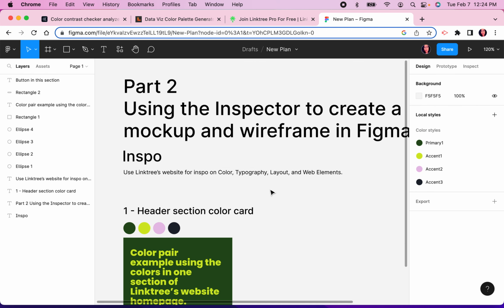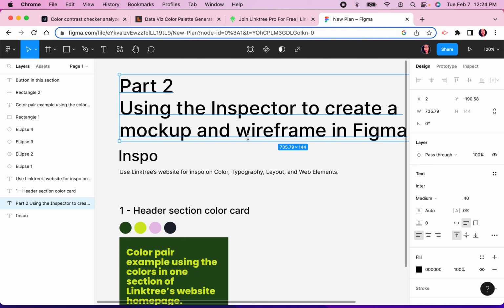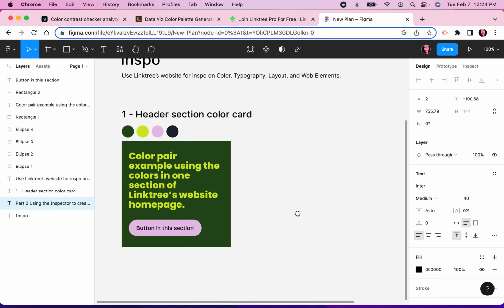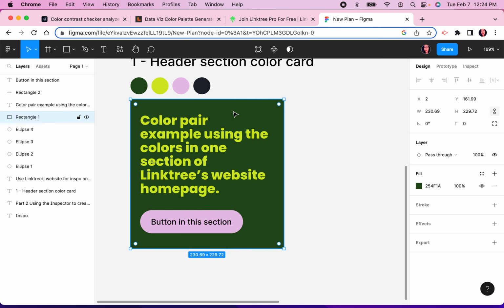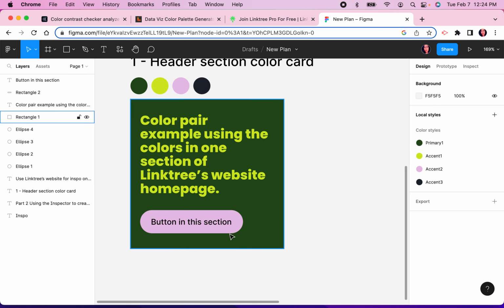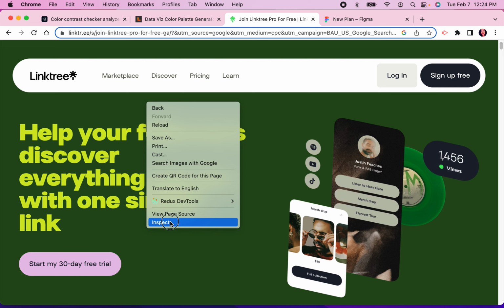Here we are in part 2 of using the inspector to create a mockup and wireframe in Figma. So last we left off, we made this H1, we made this color background, we created some styles here in Figma. Next we're going to style this button, okay? So first of all, we go back to the website, click on your inspector tool,